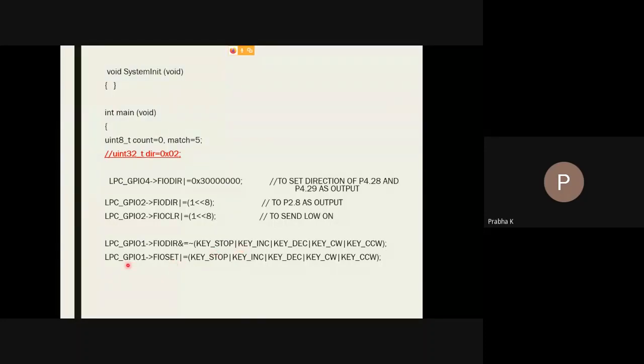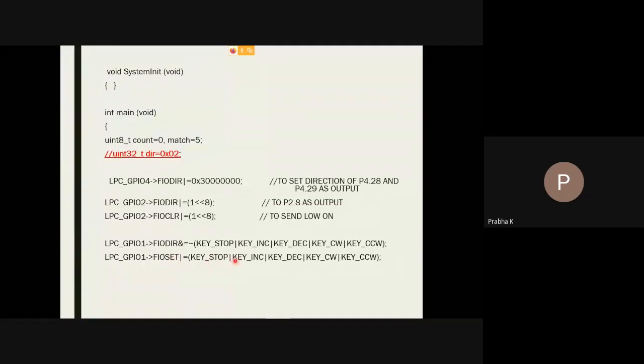Now here we are sending the values. LPC underscore GPIO1 FIO set. See, we have to set the values. Why, you can ask? Because if I press this stop key, what is the value that our intelligent device should read? It should read it as a 1, no? So that value we are setting with FIO set.